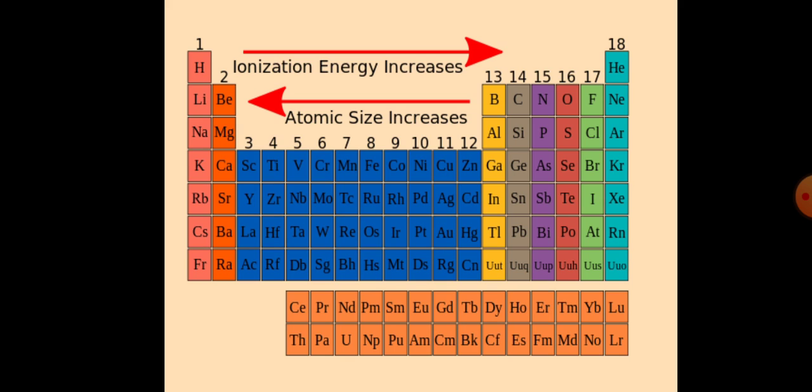And on the top you can see ionization energy increases. Can you see that? Yes. So it is very clear that group 1 and group 2 elements, that is sodium, magnesium, try to form what? Now we have seen, the lower the ionization energy, the more it will form an ionic compound.